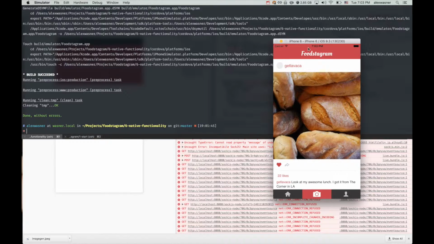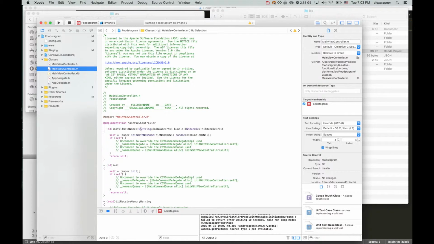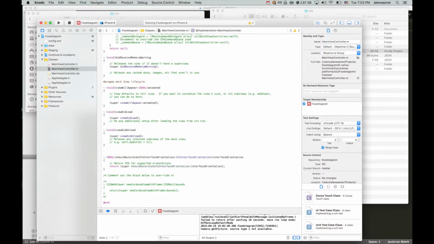One thing that's kind of bugging me is we've got a black status bar up here with white text underneath it. So there's a quick thing you can change just by going into your resources under classes, main view controller, and then if you scroll to the bottom, you can really put it anywhere. So you just call the method for preferred status bar. So you type in